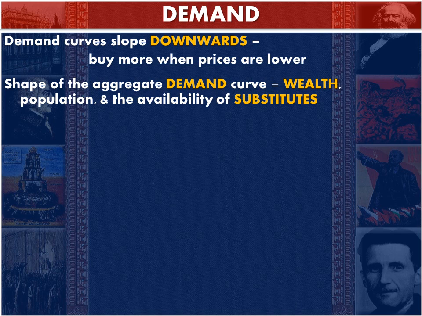Now, we're not just looking at the general trend, i.e. that it goes downwards, but the shape of the demand curve could change. It could be shifted upward because people are wealthier, or if the population grows, or whether there are substitutes. For example, a pencil and a pen might be substitutes for each other. If all